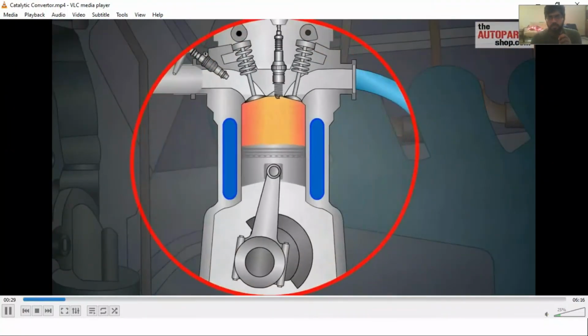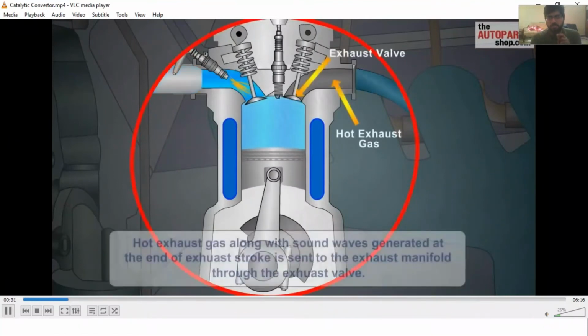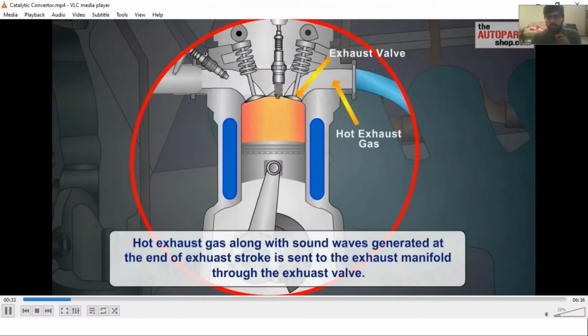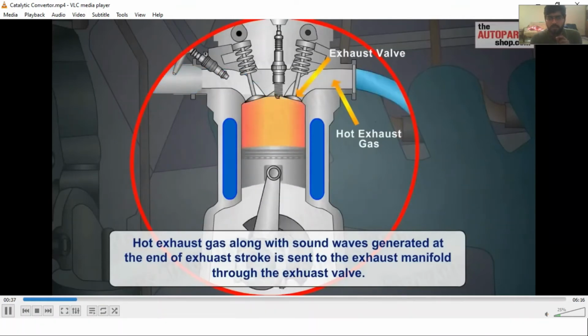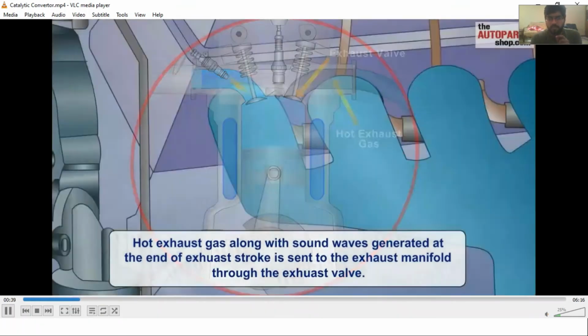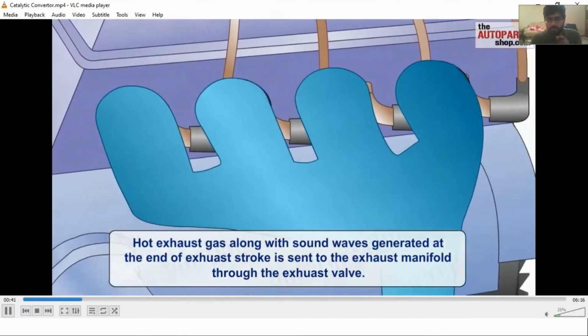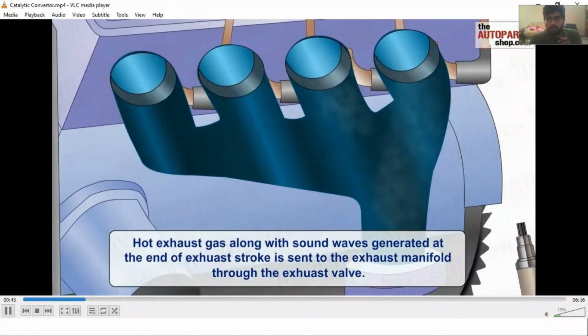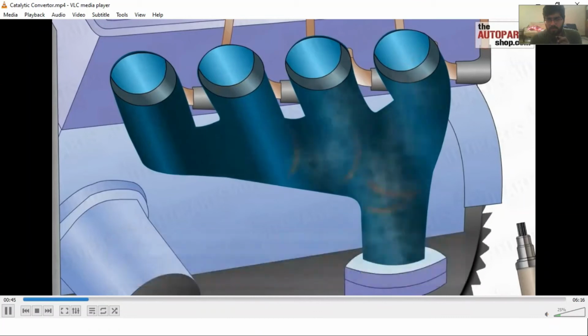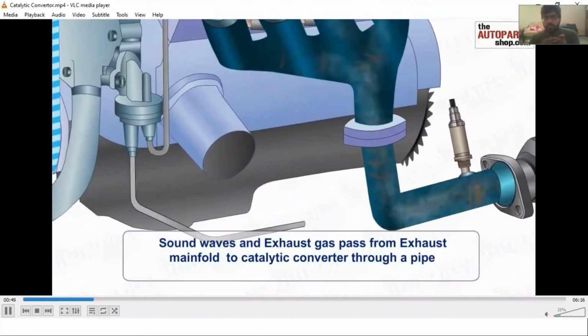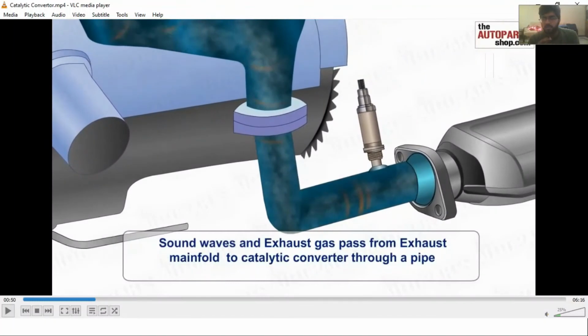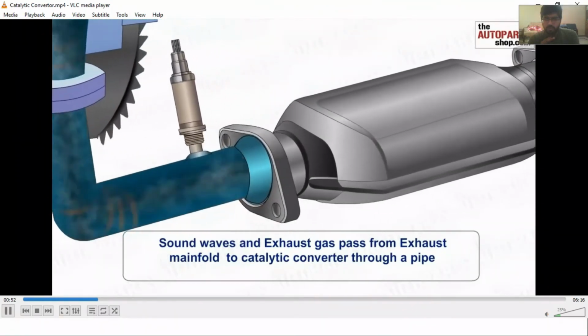So the exhaust valve opens here, and exhaust gases are coming into the exhaust manifold during the exhaust stroke. After that, you can see these exhaust gases going, and they are not only exhaust gases, but we have sound waves as well here, and they are being passed through the catalytic converter here,